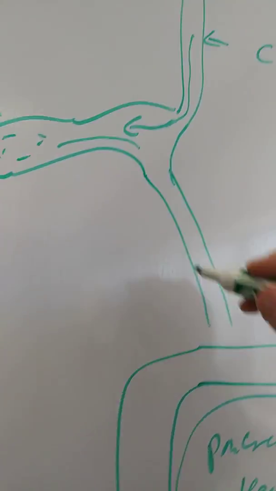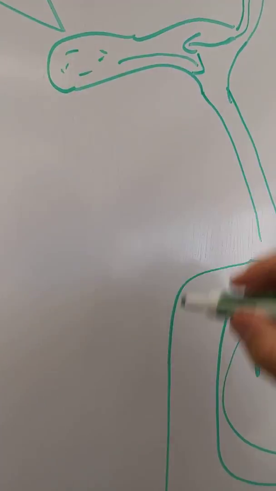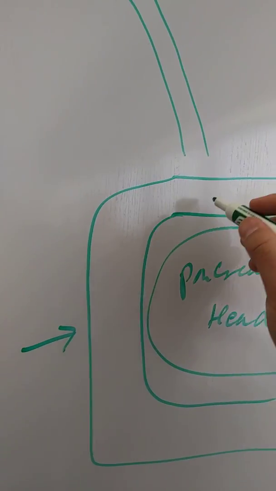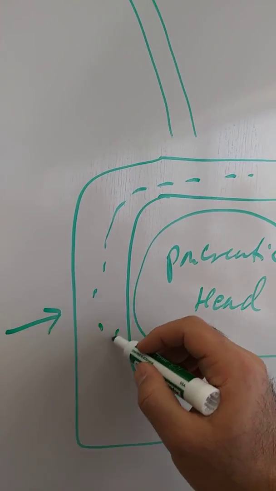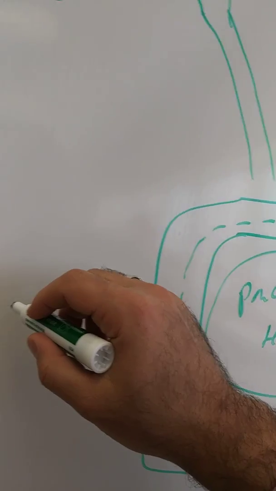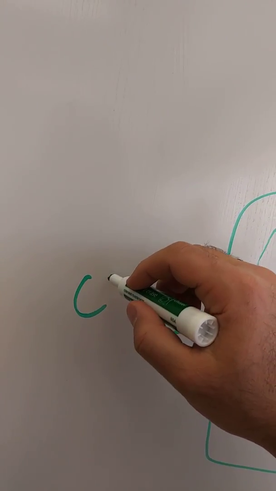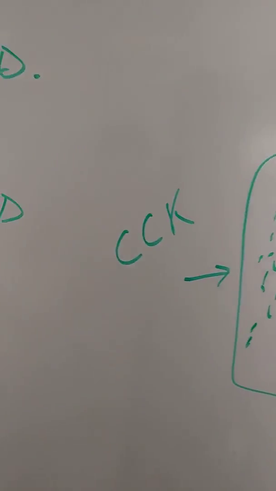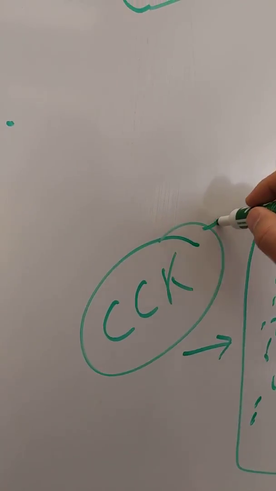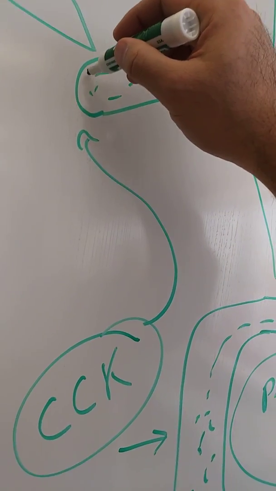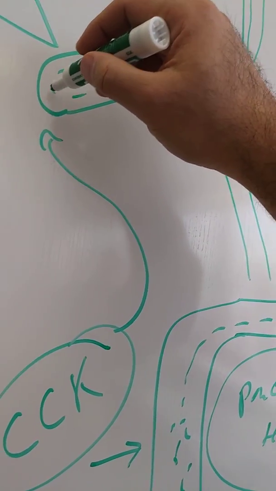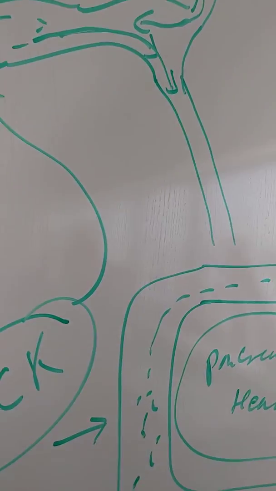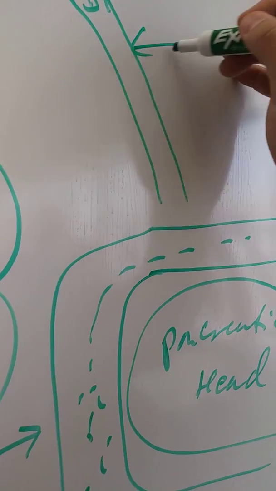Once it's stored, it will be acted upon by high lipid levels. Once we have lipids in food, or fats, that will create a feedback by an enzyme called cholecystokinin, or the CCK enzyme. And the cholecystokinin enzyme would act upon the contractility of the gallbladder, and eventually this gallbladder will squeeze and contract, letting all the bile or portions of the bile out through the common